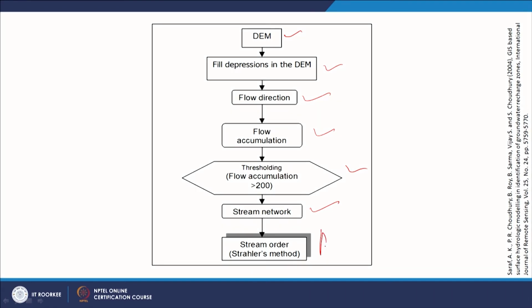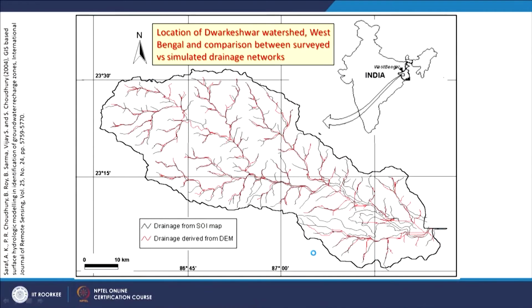Once that is in your system, you also require a surveyed drainage network, and that means digitizing the best scale toposheets available for a particular area. When you overlay these, you would notice that in some parts the surveyed drainage and model drainage are almost the same. But when you observe further, in some areas, like here in this lower part, the surveyed drainage and model drainage do not match.